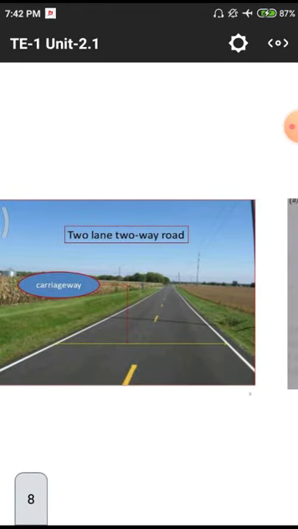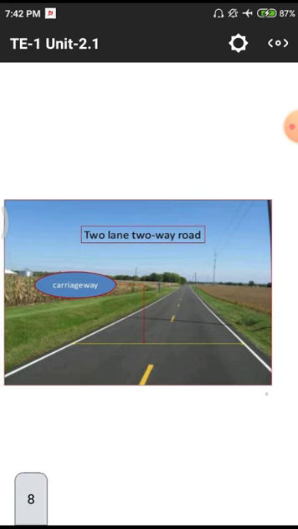This is the example for that explanation. Normally at the edges of the road we have white paint to show that the end of the road is here, so they mark it with white. In the meridian, that means the middle point, they have this yellow coat. That means this yellow coat represents one lane for going, one lane for coming.